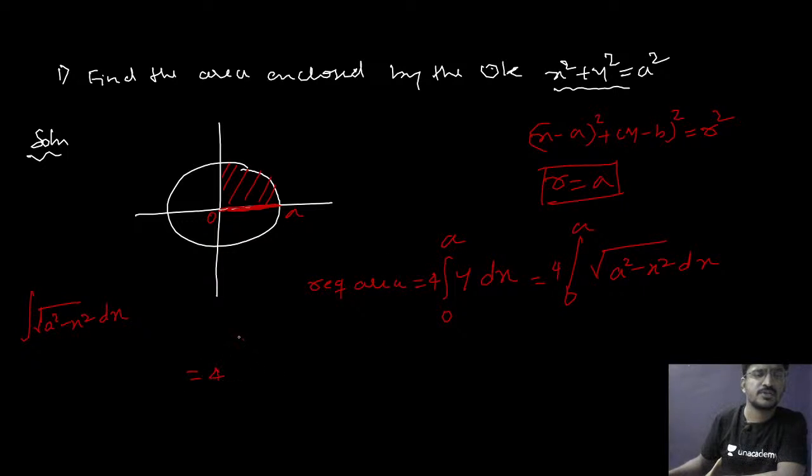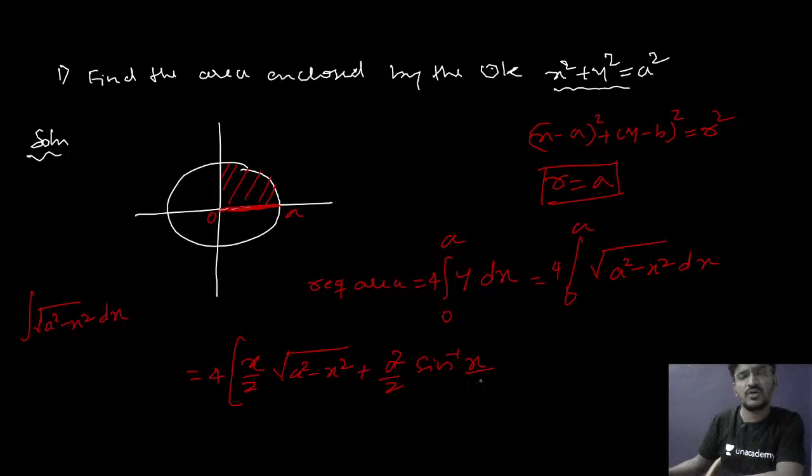So 4 times of area means this will be x by 2 root of a square minus x square plus a square by 2 sin inverse of x by a from 0 to a. This will equal to 4 times of, if I put a here this will be 0 plus a square by 2 sin inverse of 1 will be pi by 2